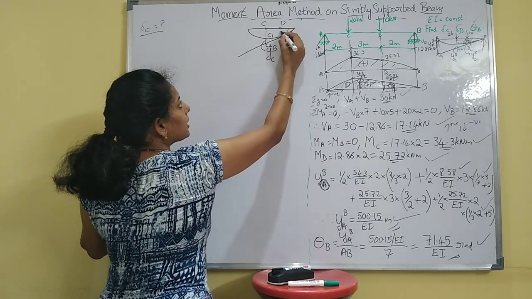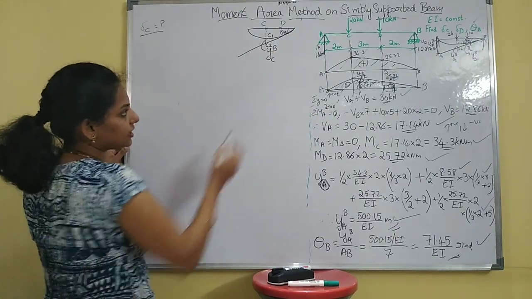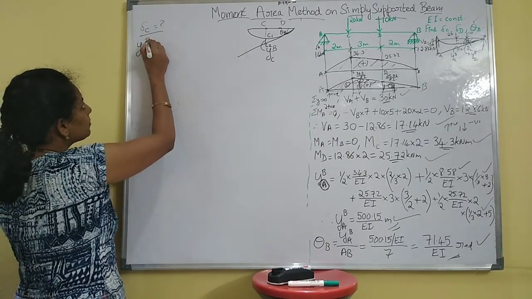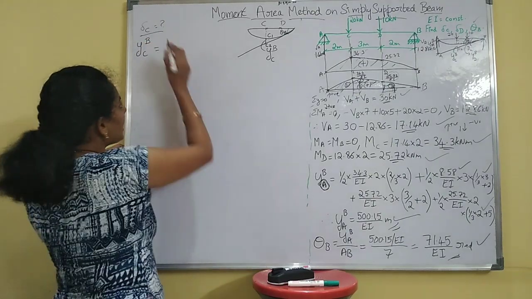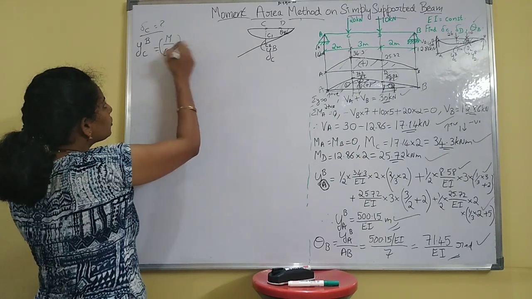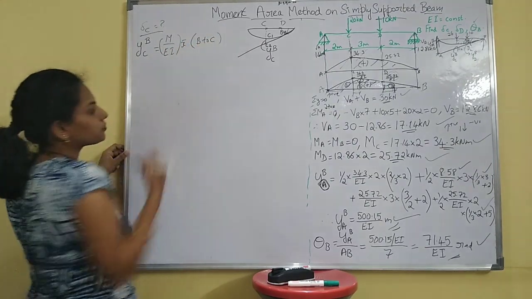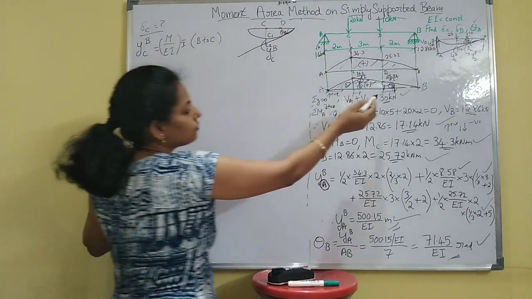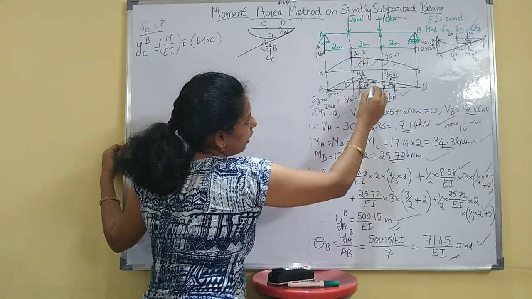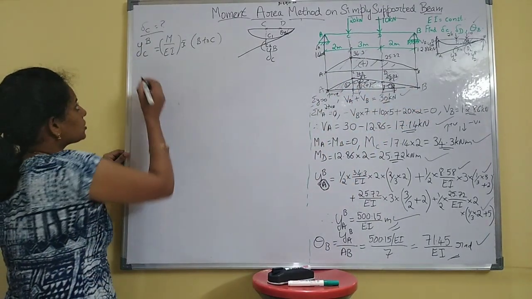Here theta B is known now. Okay. So first to calculate this Y C B. Find out this Y C B. So Y C B is M by EI into X bar. Region is B to C. You have to consider area from B to C. Okay, B to C. So these 3, 1, 2, 3 up to this point. Okay, just write the.